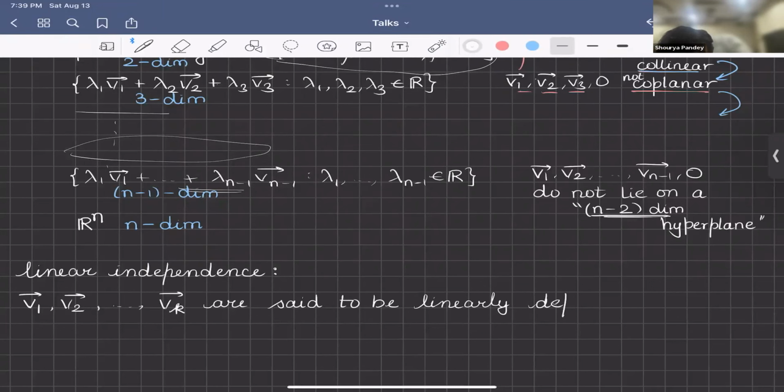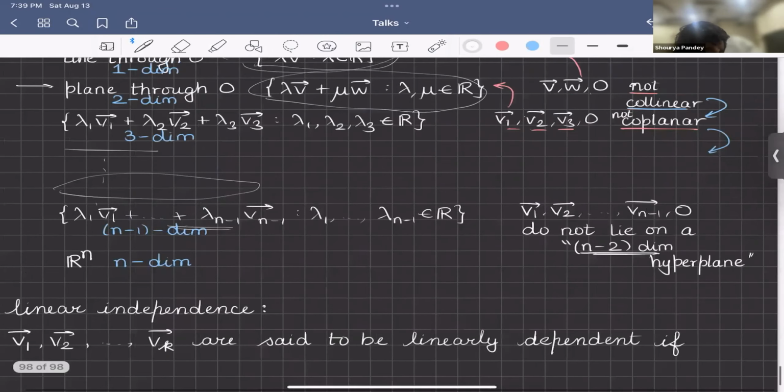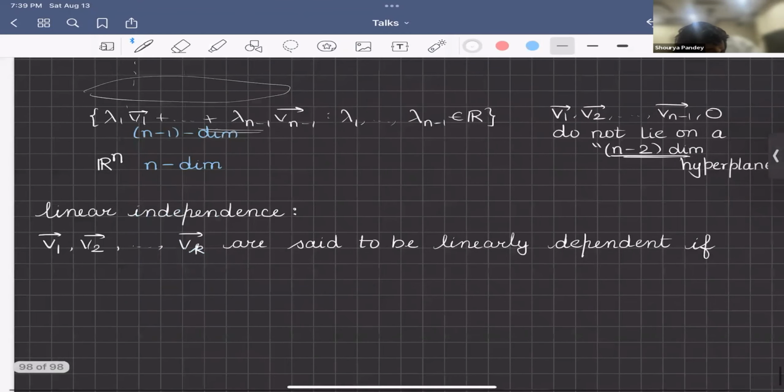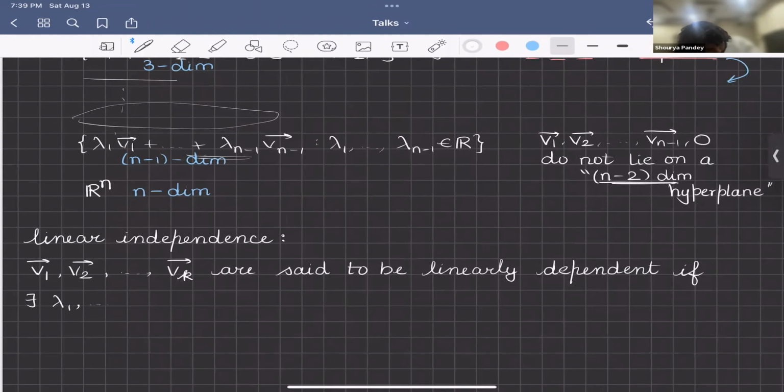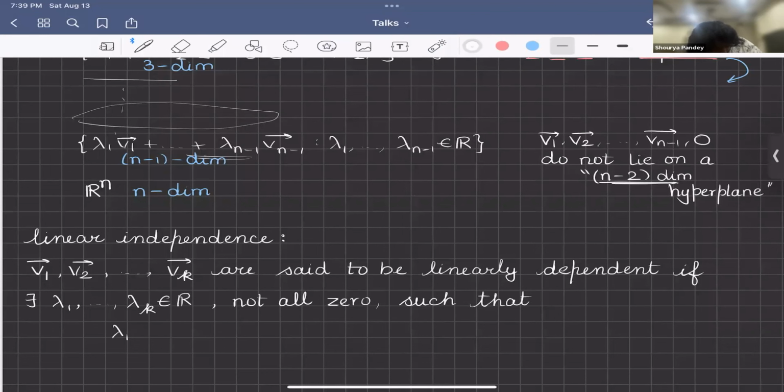Well, let's define linearly dependent first. Linearly dependent if there exist reals lambda 1 up to lambda k, not all zero, such that lambda 1 v1 plus up to lambda k vk